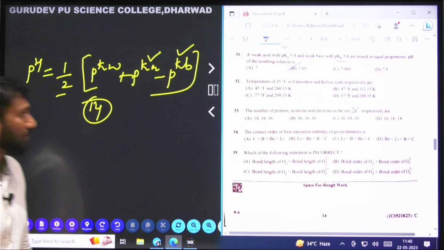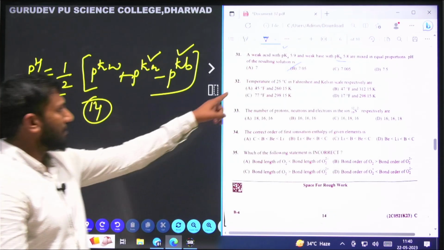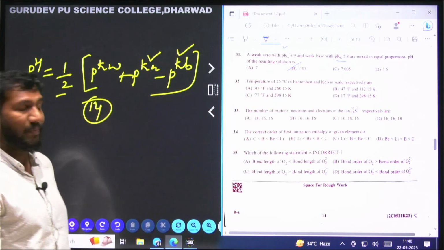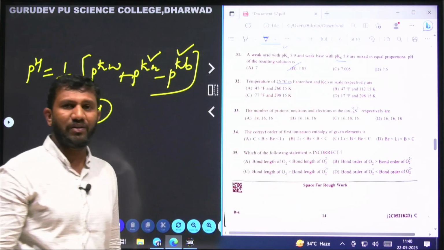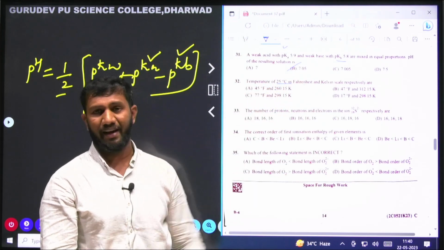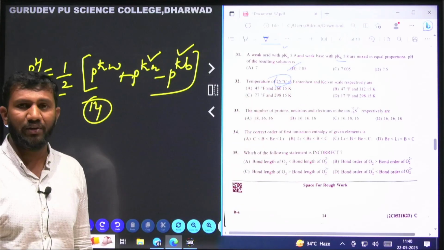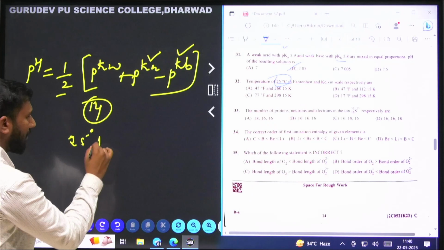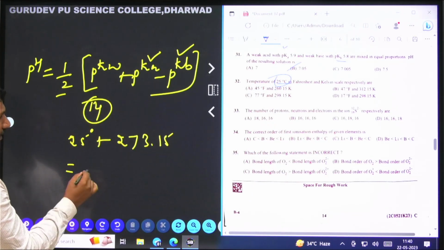Now I will move on to question number 32. Here the temperature of 25 degrees Celsius in Fahrenheit and Kelvin scale respectively is asked. It is a simple question, conversion of degree Celsius into Kelvin and degree Celsius into Fahrenheit. We know that by converting degree Celsius to Kelvin, just by adding 273.15 to 25 degrees Celsius,